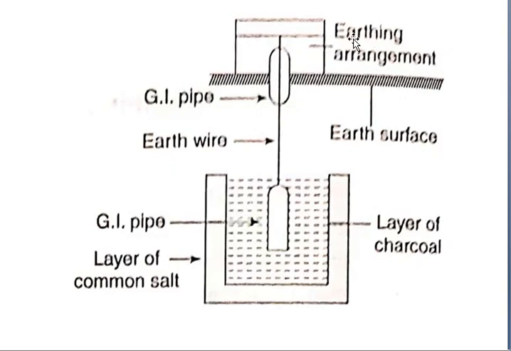If any excess amount of fault current occurs, the fault current will pass through this charcoal. Charcoal means these are the positive electrons. These combine with the negative electrons here, so that the ionization process completes here, and no damage to equipment will occur. For that purpose, we have to provide pipe earthing or plate earthing. This is about pipe earthing.